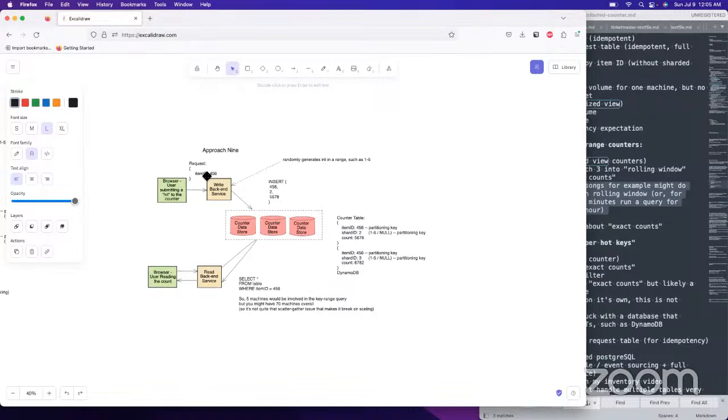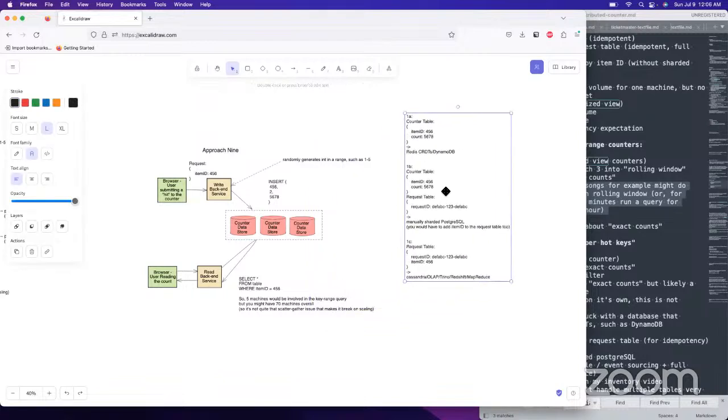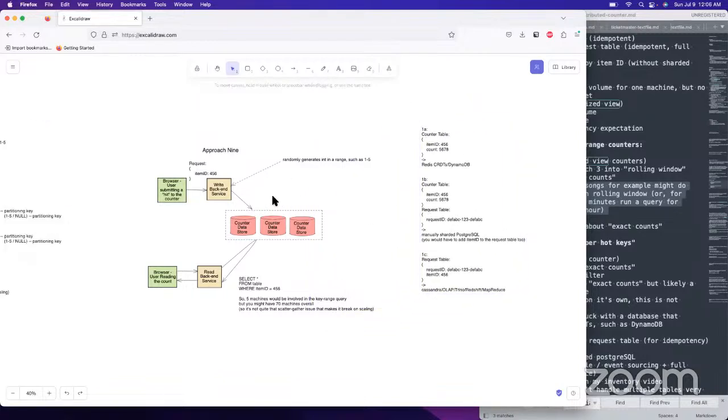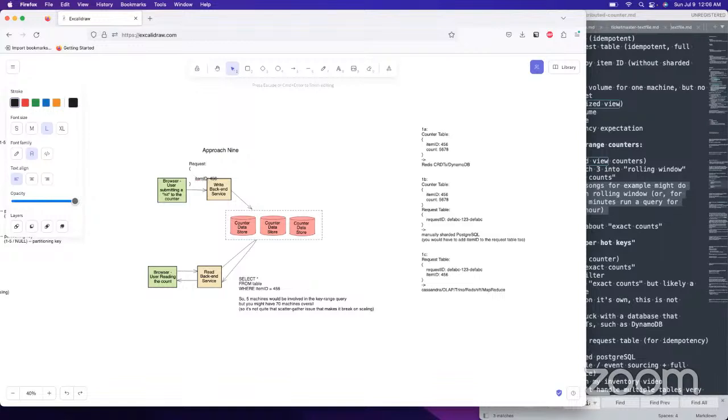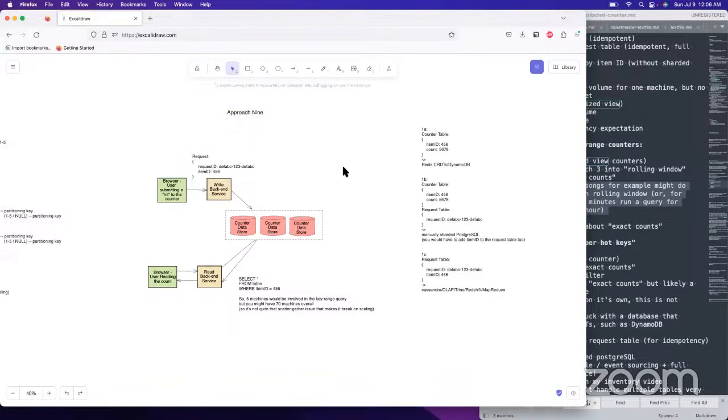We have in the request, let's delete this, that, have our request ID again, which is like DEF ABC 1 2 3 DEF ABC. Okay, request ID, item ID. Okay, and we're doing